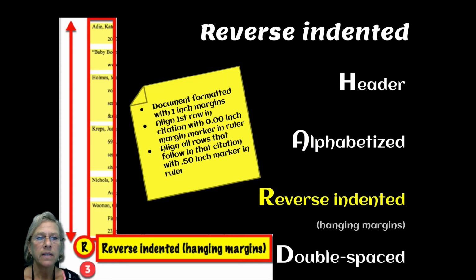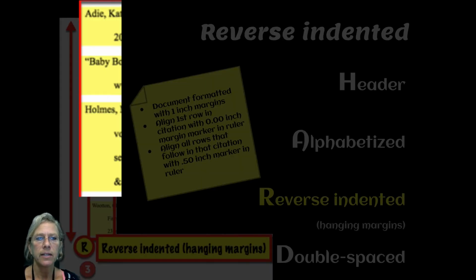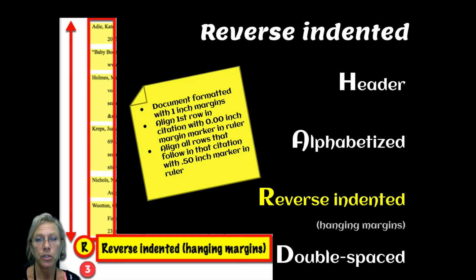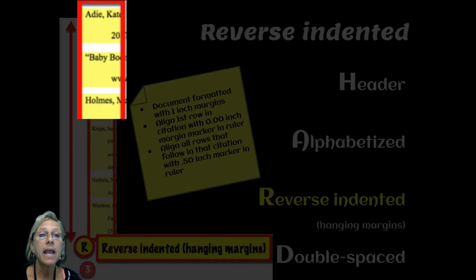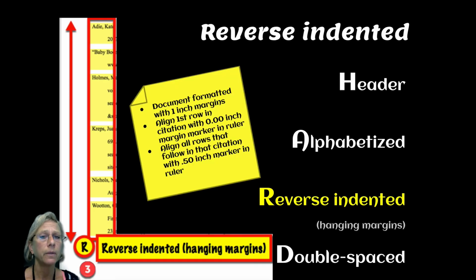Reverse indent is basically your first line in the citation aligns with the left margin, which is a 1-inch margin, so it will say 0 on the ruler. And we have another tutorial following this one that will explain how to use the ruler in your word processing software, whether it be Docs or Pages or Word. And then every subsequent line is indented to the 0.50, so the 1/2-inch margin, and you will also use your